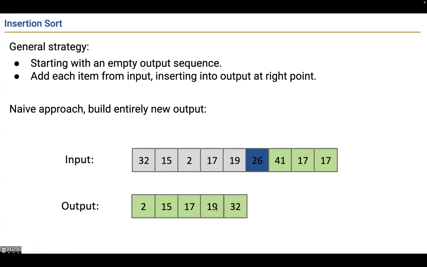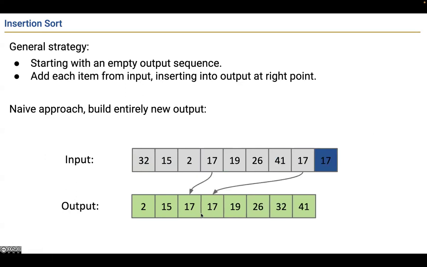So 26, where does it slot? Between the 19 and the 32. 41, it slots at the very end. 17, right there. So that's insertion sort naive version. I take every element, and I slot it into the correct place in my output array. So that's the picture. I don't know how else to describe it besides showing you the picture, but that's naive